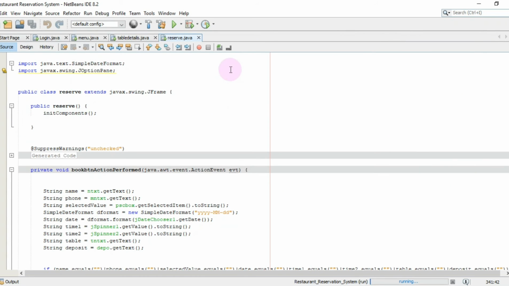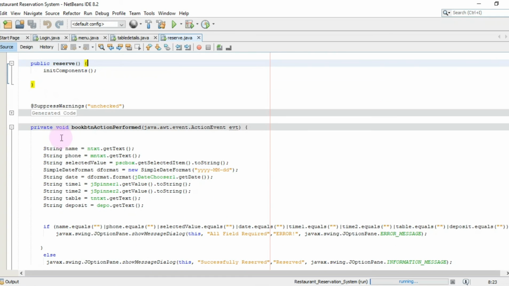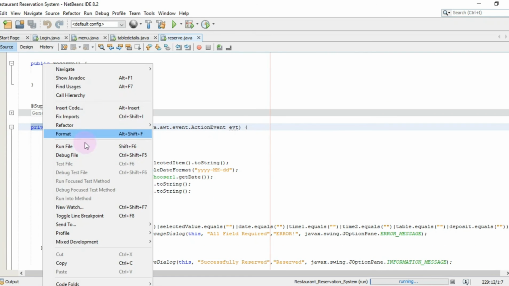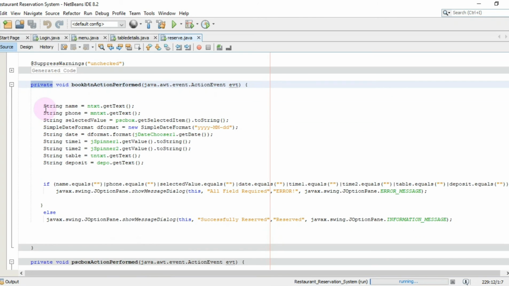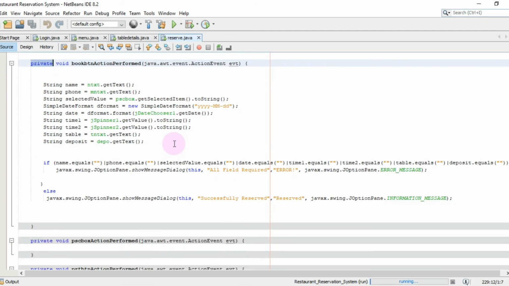This is the interface reserve coding. This is the class declaration for this interface. Inside the components, here I have already called the method for the book button. Here I have declared the variables to get text.